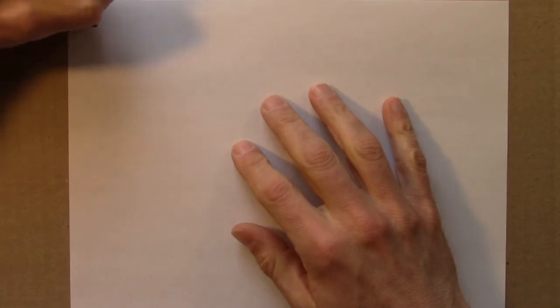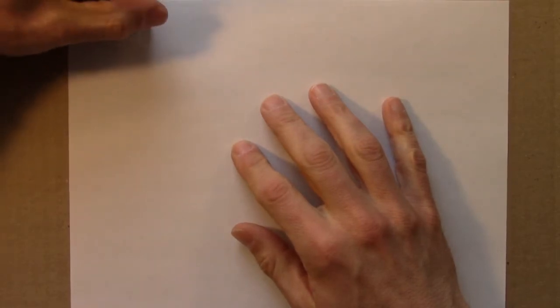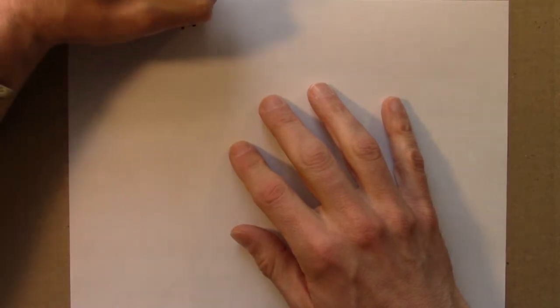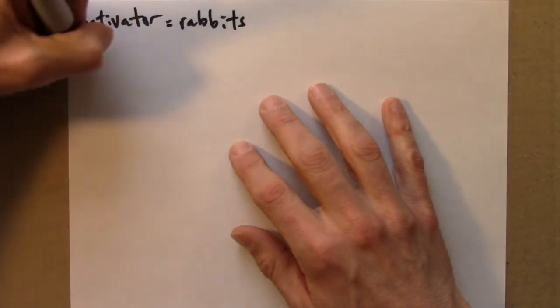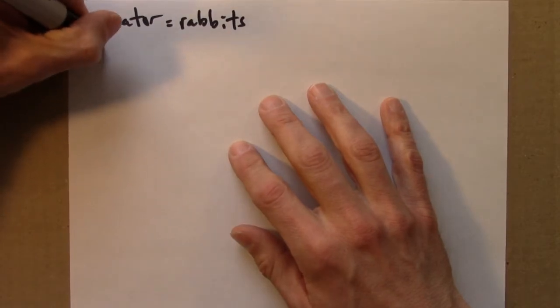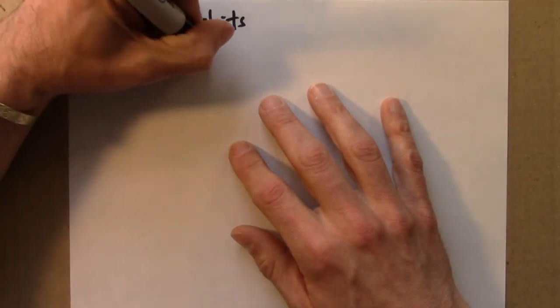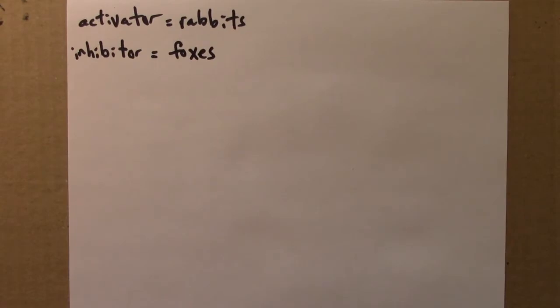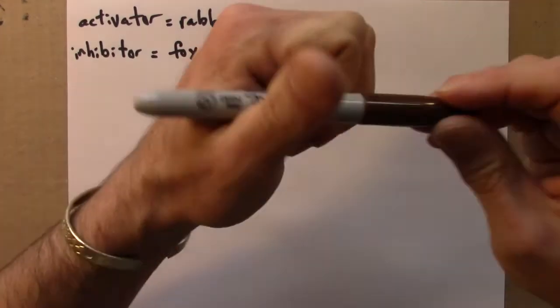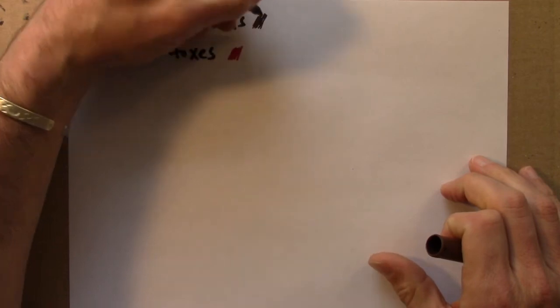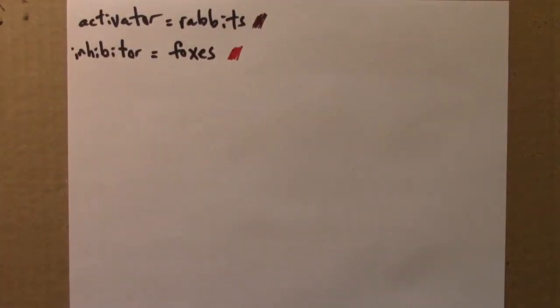So in this picture, we're going to have an activator will be rabbits. An inhibitor will be foxes. And let's see, let's have the foxes be red, and rabbits, do they have any rabbit colors? Let's have brown rabbits. Rabbits could be brown, why not? All right, so